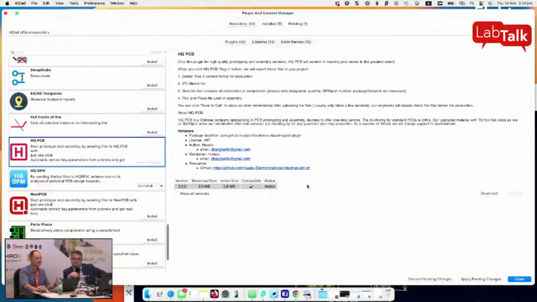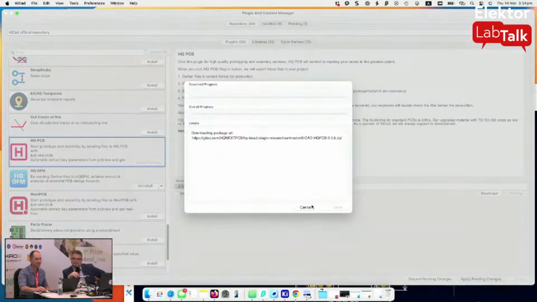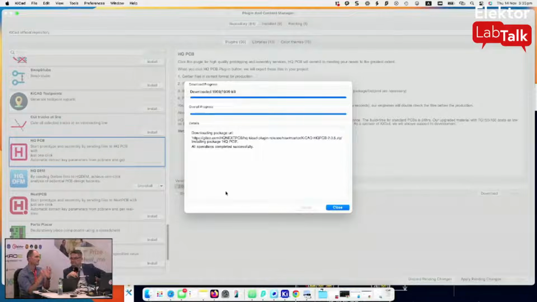You can just install something like this that various manufacturers have. It's a plugin that integrates your KiCad environment with a backend. So you click on a button, and you can literally order from within KiCad, so you don't have to leave the environment. So that's just, for a beginner, understanding this workflow is the key to understanding KiCad itself,